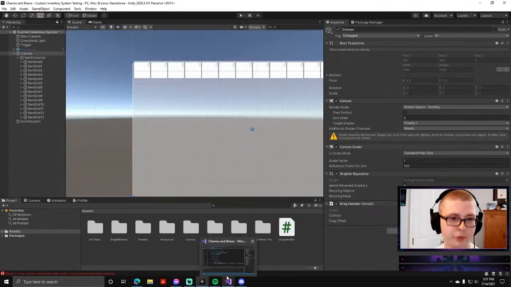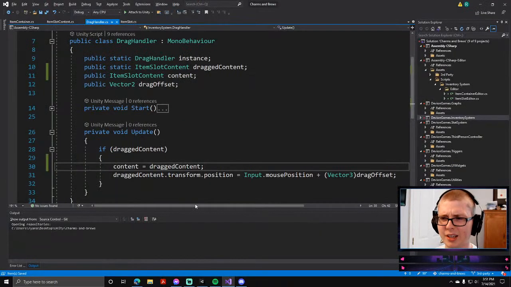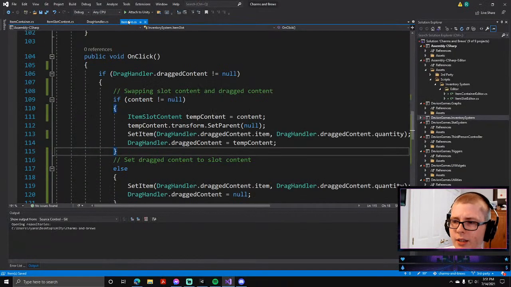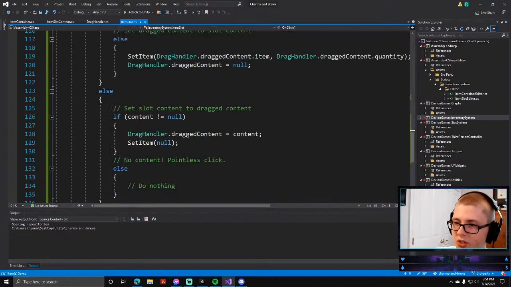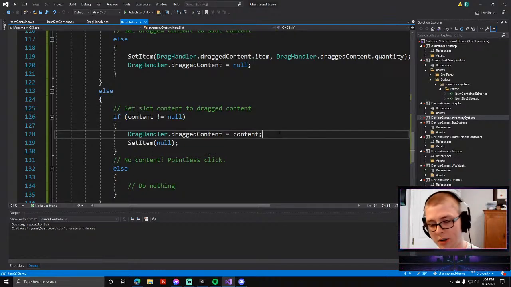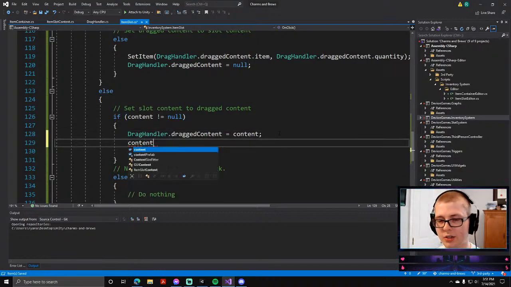What? It does it for one frame and then it says it's missing. Why is that? So on click. So dragged content is null, so it goes here. Oh, I know why. Because content